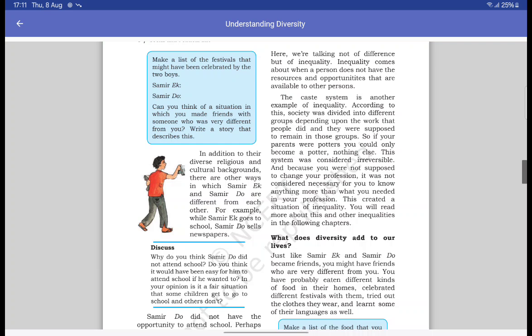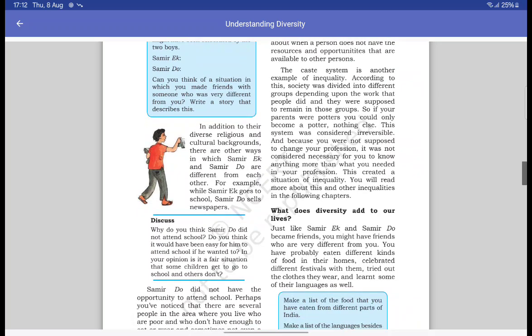But imagine another society where there is a section which is very poor, and another section which is very rich, and then another section which is kind of middle class, not belonging to either of the categories. So this is a case where there is huge inequality and diversity. So inequality and diversity is wrong. Equality and diversity is the ideal state. Okay, diversity is not bad. I'm not saying that diversity is bad, but inequality and diversity is a bad combination. Equality and diversity is a good combination.